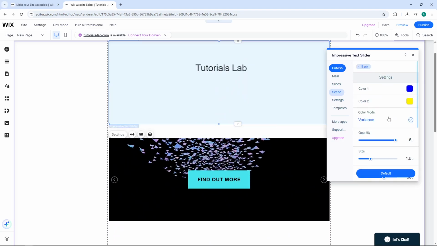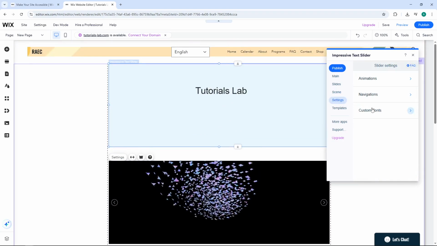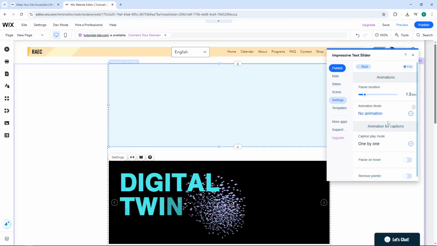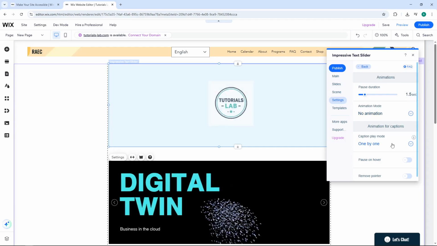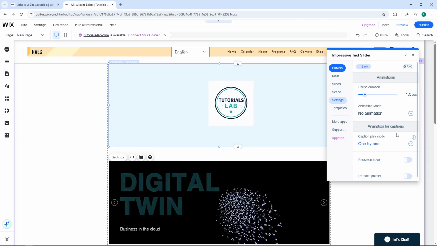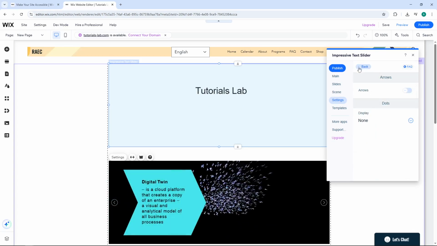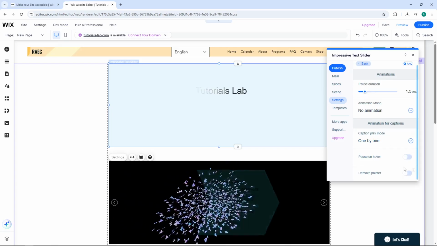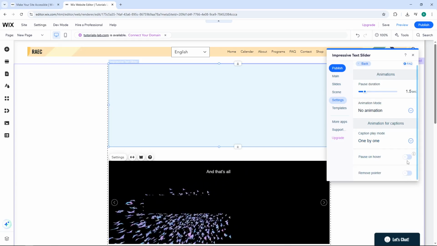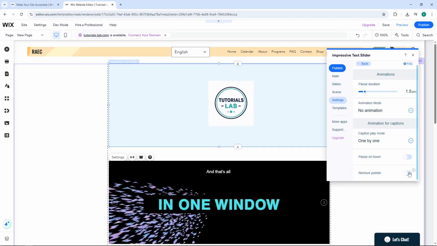Under the Settings tab, you can choose the type of animation, pause duration, mode, and caption play mode. This gives you control over how your text slider behaves. You can also set a pause on hover and pointer removal by enabling the toggle button. These settings allow you to fine-tune the user experience and make sure the slider behaves exactly how you want it